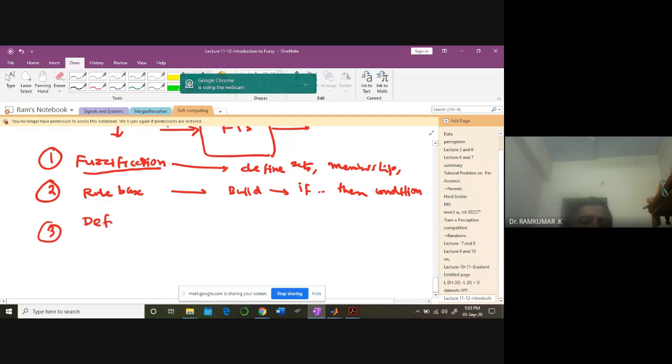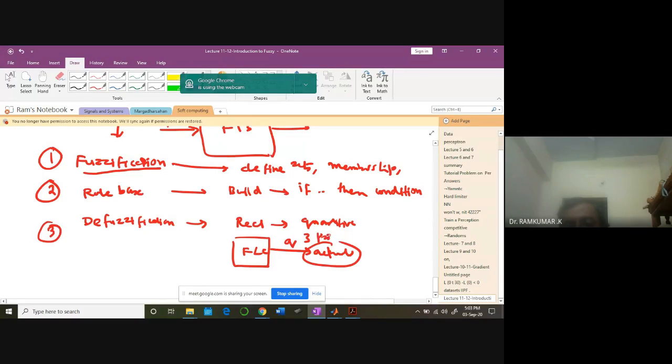Third step involved in it is called defuzzification. Because in the real world data, you have to apply only quantitative data decisions. For example, you are working with an actuator. The controller can be a fuzzy logic controller, but the output should be a quantitative number only you have to give to the actuator. For example, 3 psi, 4 psi. I want to open the valve. So in that case, we need to again defuzzify to get back quantitative numbers.